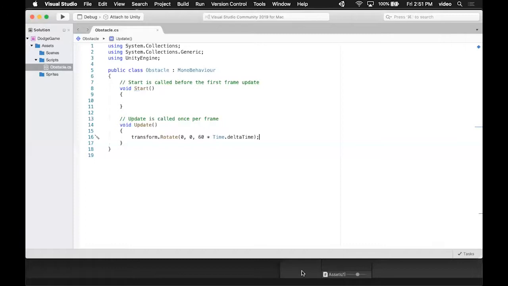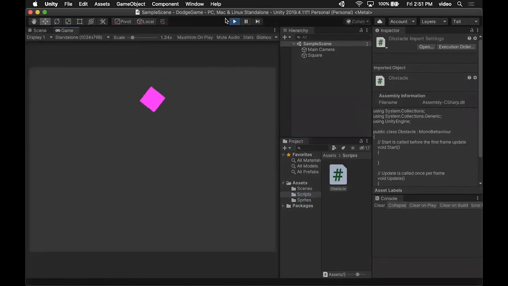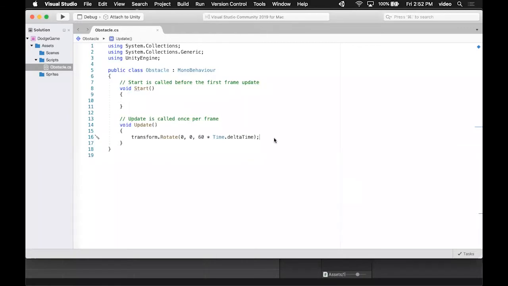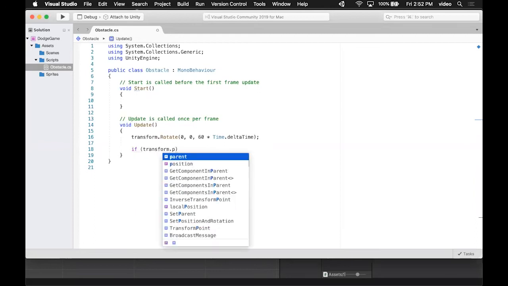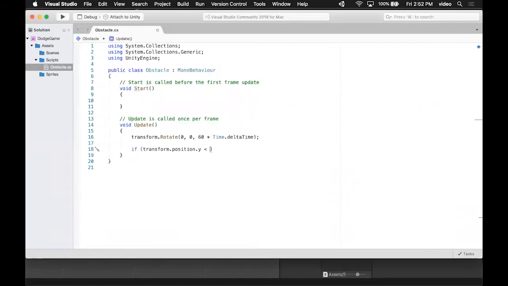Okay, the other problem we had is if I hit play here, our square sort of lives forever. Make sure your game is not playing when you're making changes. So we're going to add a little bit of code here that says if transform dot position dot y is less than maybe -7, let's say, destroy